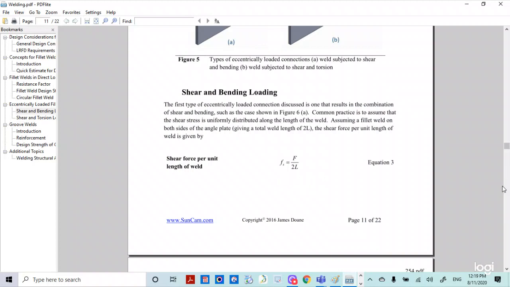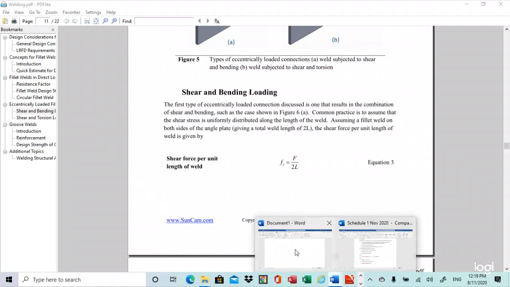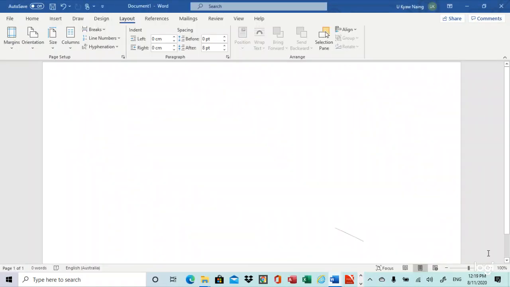This is the shear force equation regarding the welding. F equals to